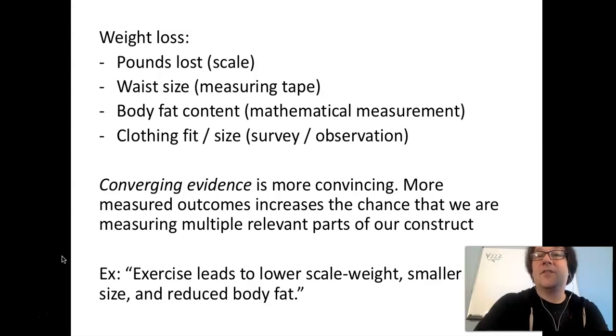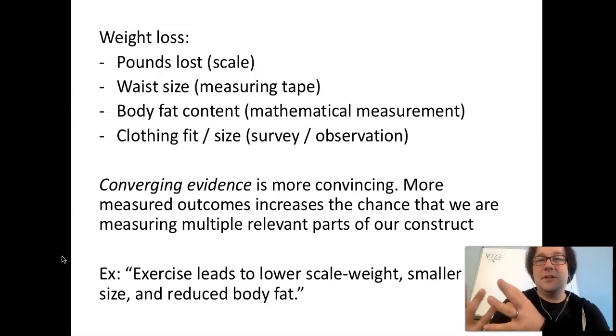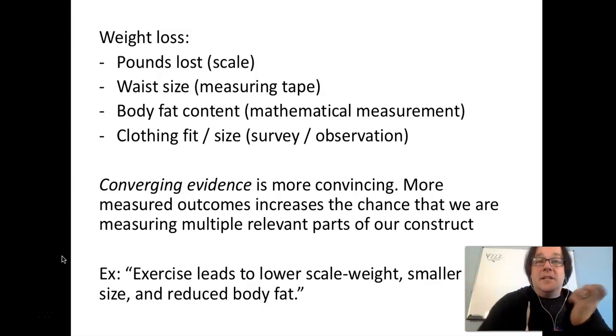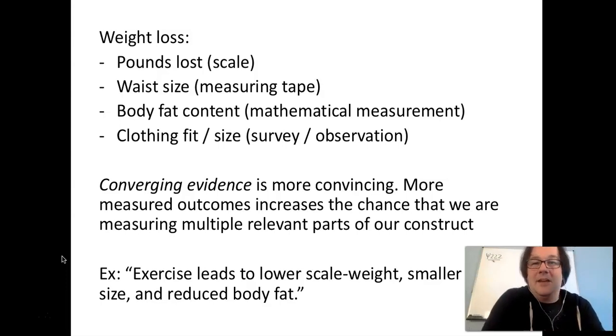So this idea of converging evidence, having multiple measures of, in this case, our dependent variable, because this is what we are measuring. It might be good to have multiple ways of measuring this, and thus creating convergent evidence. It'll be more convincing. So if someone says, I lost 5 pounds in 1 week of dieting, again, those who are familiar with nutrition and dieting know that